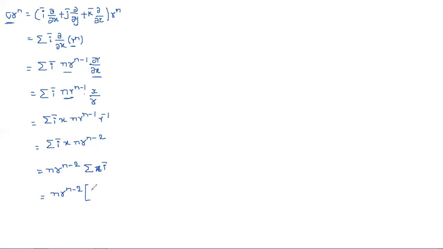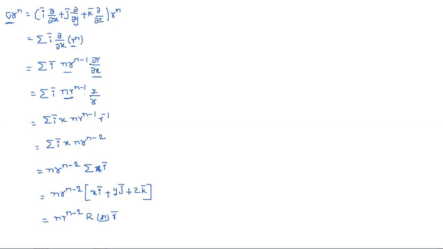And after expanding the summation, xi plus next, in place of x we'll get y, yj plus in place of this we'll get z, zk. So n r power n minus 2 into xi plus yj plus zk. This is nothing but what they gave in the problem as capital R, or simply you can write it as r bar. So you can write the summation. If you are getting confusion, you can take it as individual ones, that is nothing but dou by.